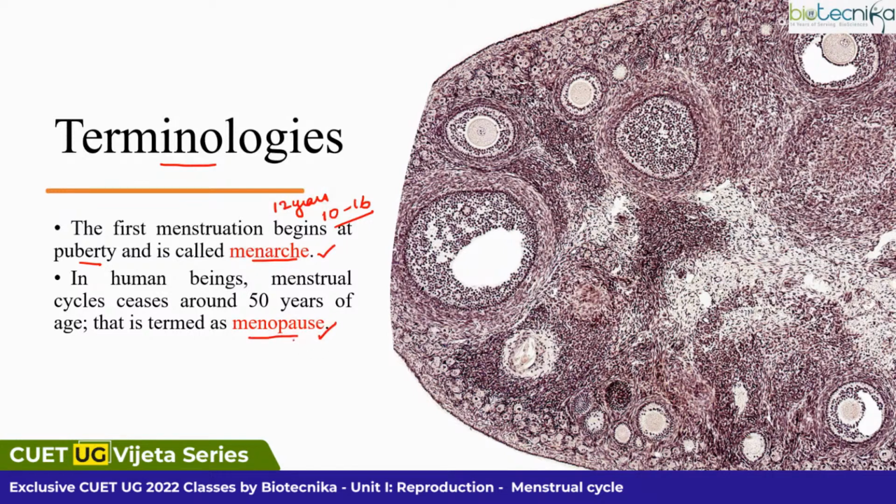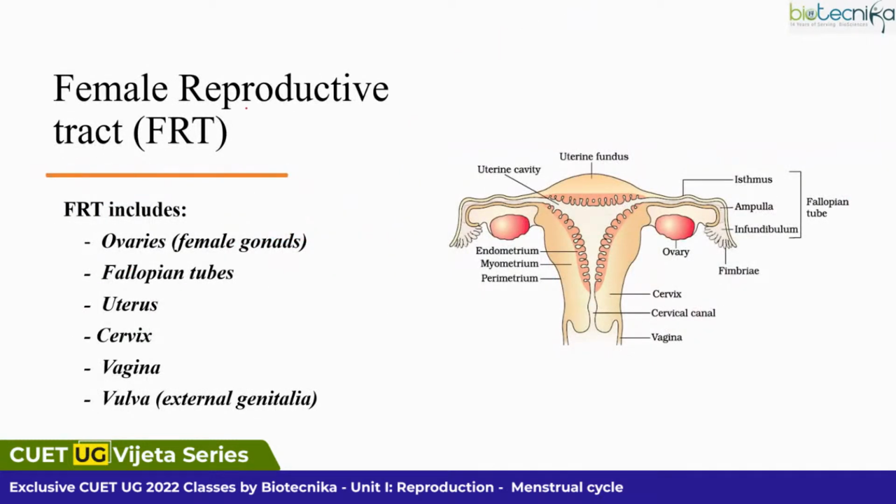By the term pause, it means this menstrual cycle is going to stop, right? At some age the menstrual cycle will stop because it has a pause over here. So the menstrual cycle will cease at around 50 years on an average, but it can vary. For the Indian population, 45 to 55 years on an average, different females will face this menopause, right? Now before we start with the reproductive cycle, let's talk about the reproductive tract,